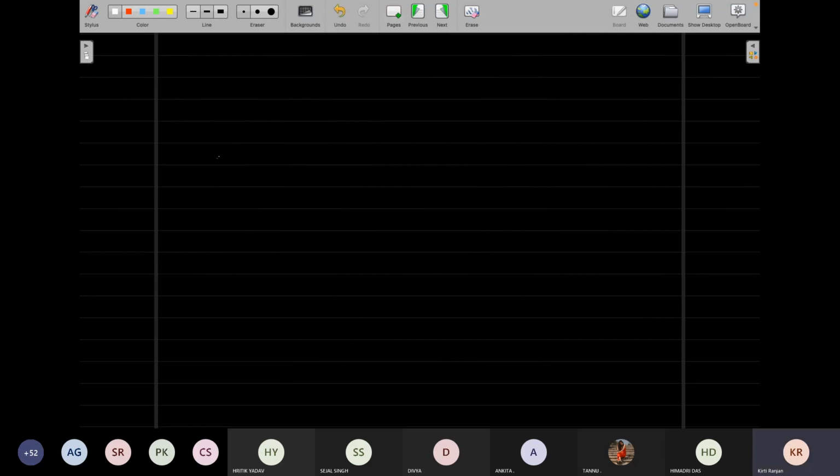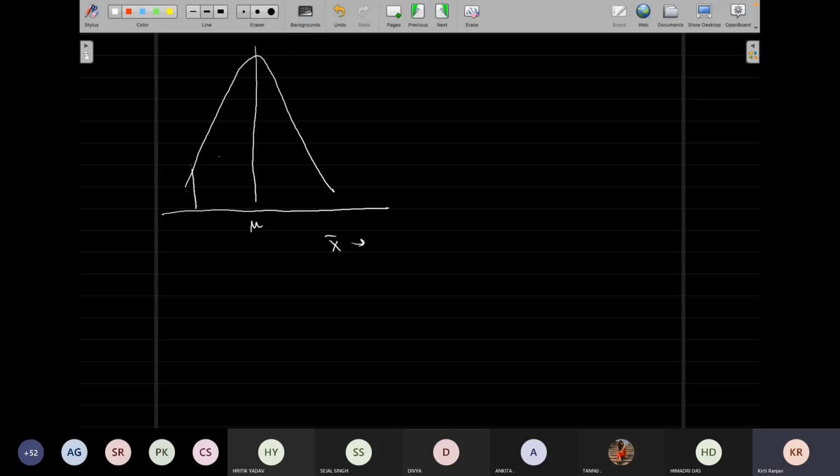So let me draw the same plot again, but this time I am not going to have the Z variable. Instead, I am going to write the X variable, which will be distributed about mu. And let's say there exists this shaded region. So can somebody tell me what is the point on the left hand side for the shaded region? Mu minus sigma by root n. Mu, no, up to some point it is true, but you have to ensure that the area under the curve